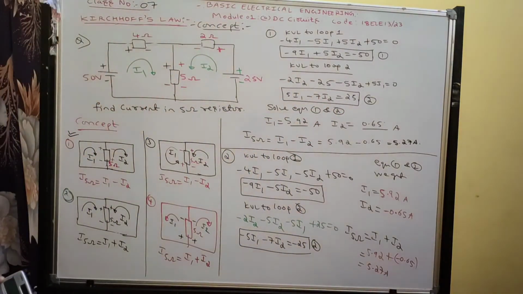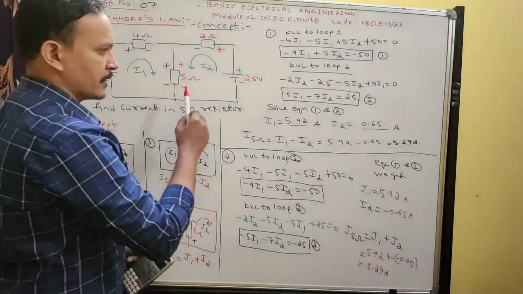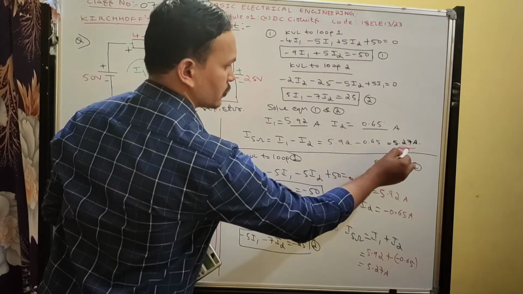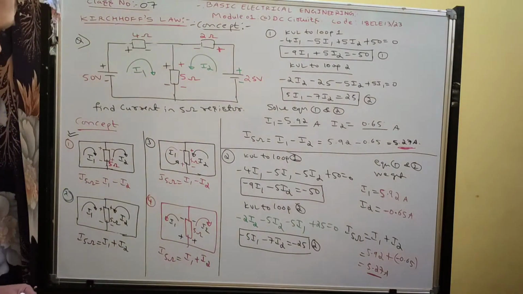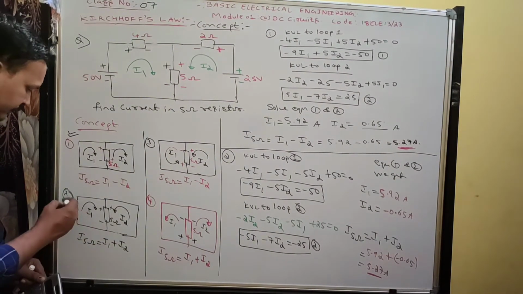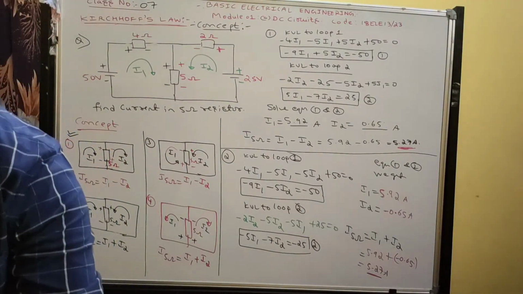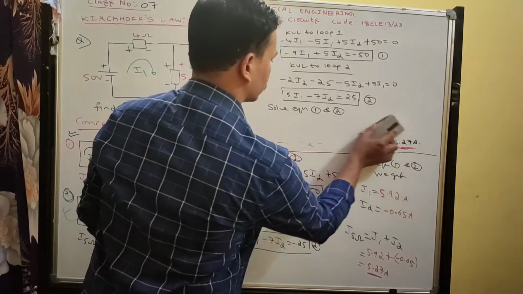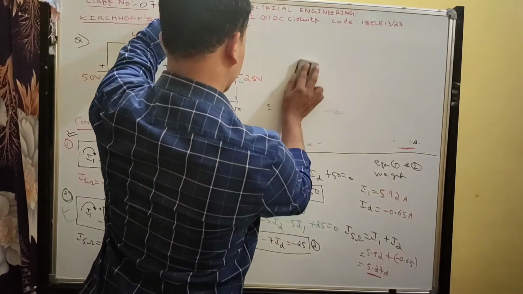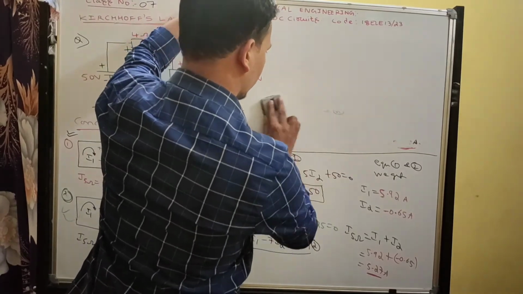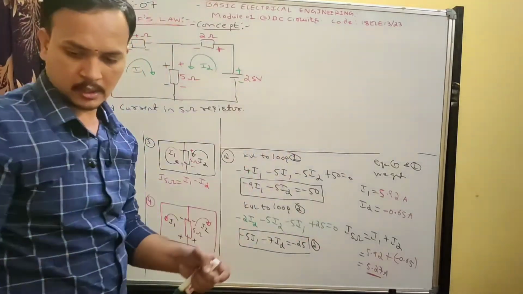See, you take any concept, first, second, third or fourth, whatever you do, the current flowing through the 5 ohm resistance will be 5.27 ampere. So I have done it for the first and second cases. Next I will do it for this case, so for that I will erase this. See, once you know all this, you can easily solve main problems.